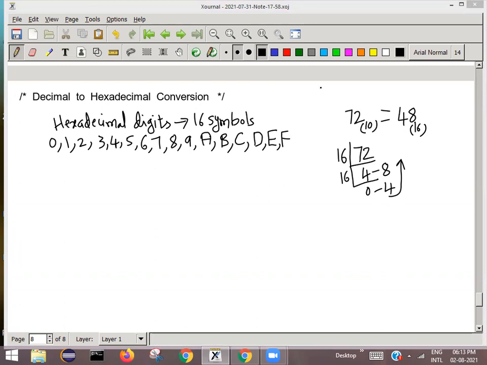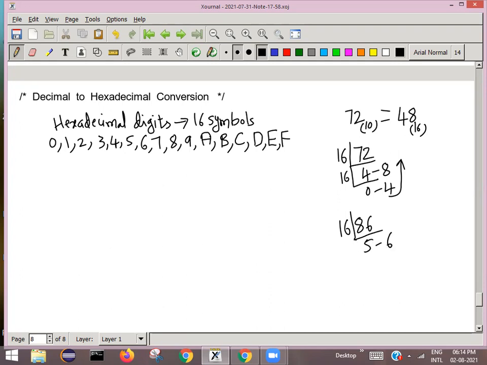For example, if I take 86, divide by 16. 16 fours are 64. 16 fives are 80, so it divides 5 times, and the remainder will be 6 here.